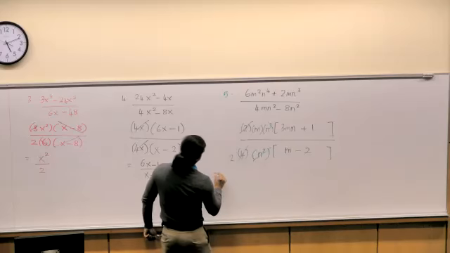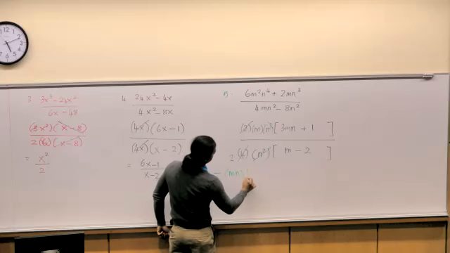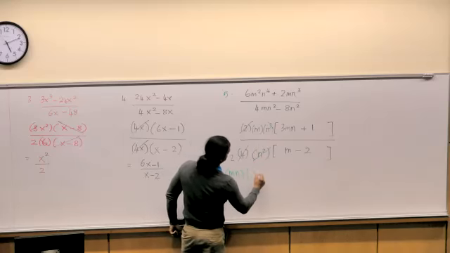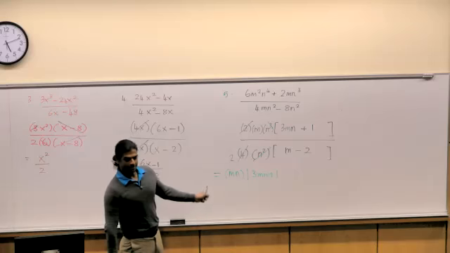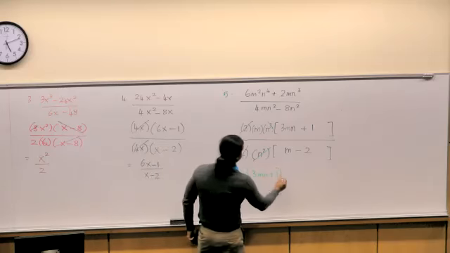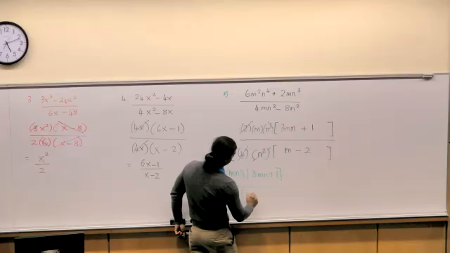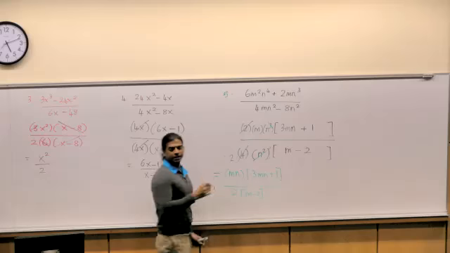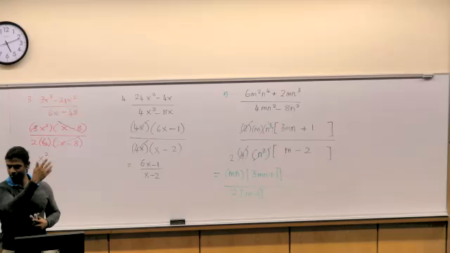So I have m times n multiplied by 3m times n plus 1 divided by 2 times m minus 2. You can put parentheses if you want. I use square brackets to show the difference between